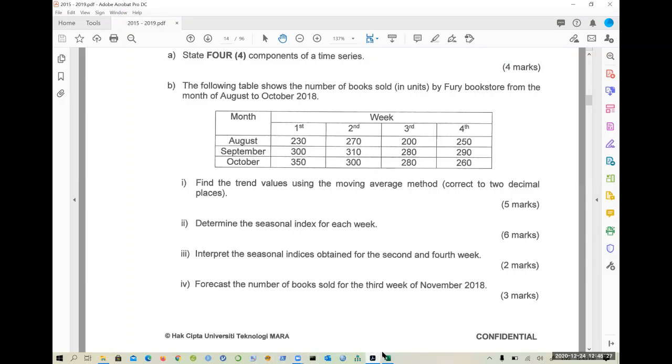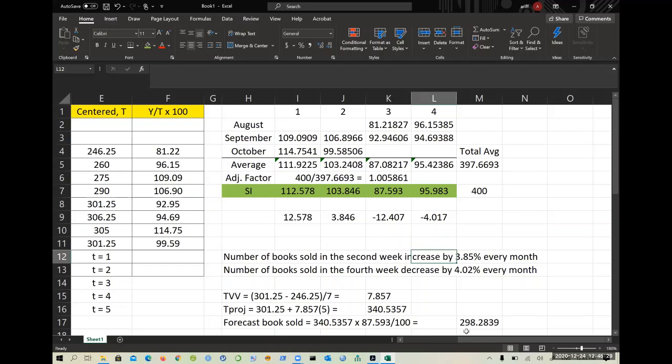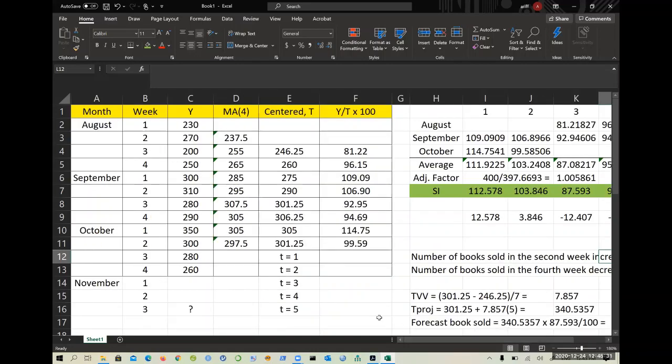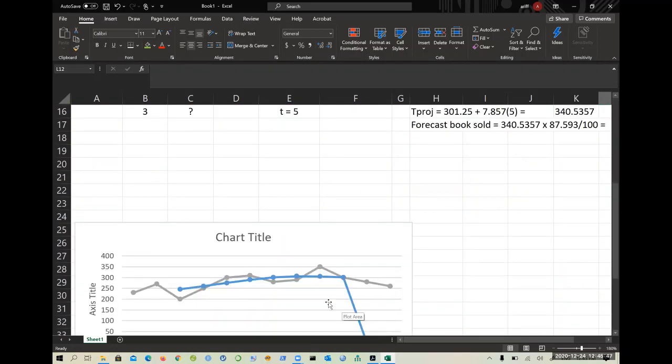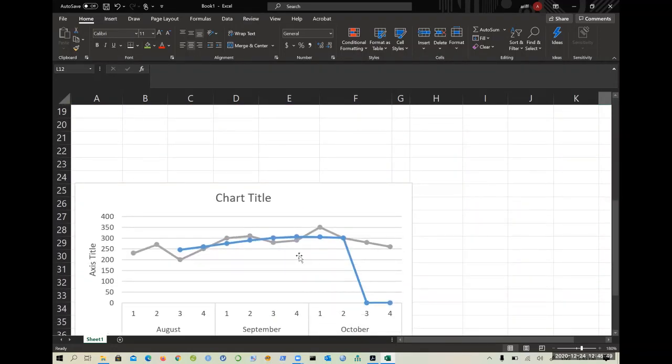So that's it for the solution for the past semester exam paper that involves 4 moving average. Okay, moving average of 4 items, or 4 data at a time. So this completes the solution. So just remember in the final exam, regarding the chart here, sometimes they ask you to draw the chart, sometimes they didn't ask you to draw the chart.